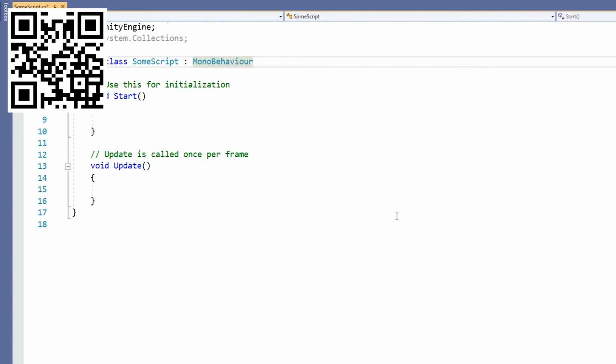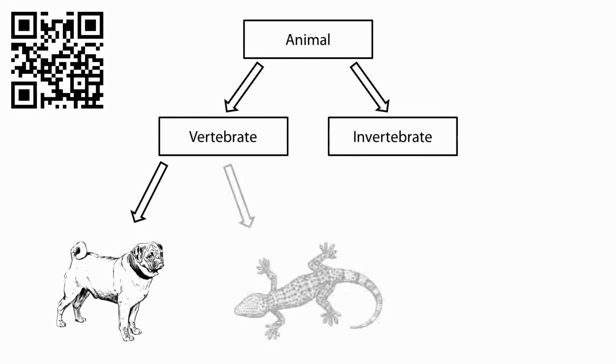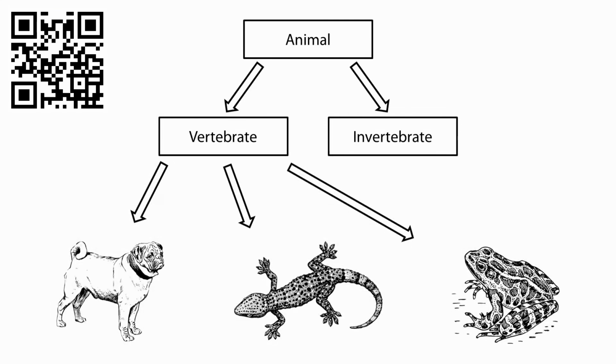The inheritance structure is hierarchical. A common way to think of inheritance is to think of the animal kingdom. In this example, we'd have a parent class called Animal. This class would contain all of the definitions and properties necessary to make the class behave like an animal. From this Animal base class, we might have a couple child classes, Vertebrate and Invertebrate. The Vertebrate class would then in turn be the parent class for more classes, such as Mammal, Reptile, or Amphibian. Each of these child classes would take the information given by its base class and add to it.